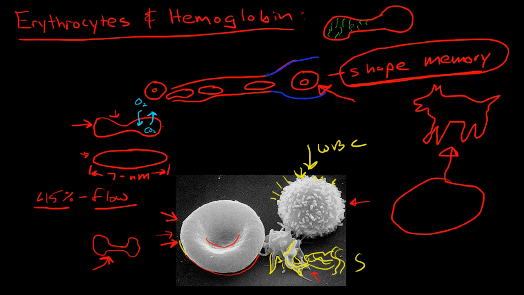And the way that the proteins are aligned and the type of proteins they are is what makes it have that shape memory and always remember to spring back to a biconcave shape. Now, interestingly enough, there are some diseases like hereditary spherocytosis that is caused by mutations of these proteins within red blood cells, and they make it so that the red blood cells don't have shape memory and are not a biconcave disc, and they end up being spherical shaped,